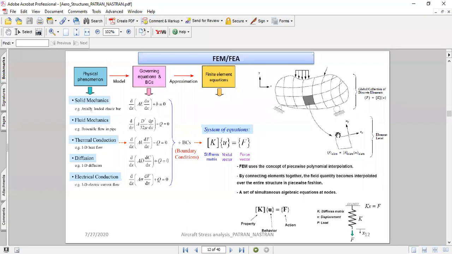FEM uses polynomial interpolation functions that go into the equations; on applying the boundary conditions and loads, you build the stiffness matrix, and then you solve those equations at the connection points called nodal points, and extract the unknowns, the nodal vectors. This is the basic idea of finite element analysis.